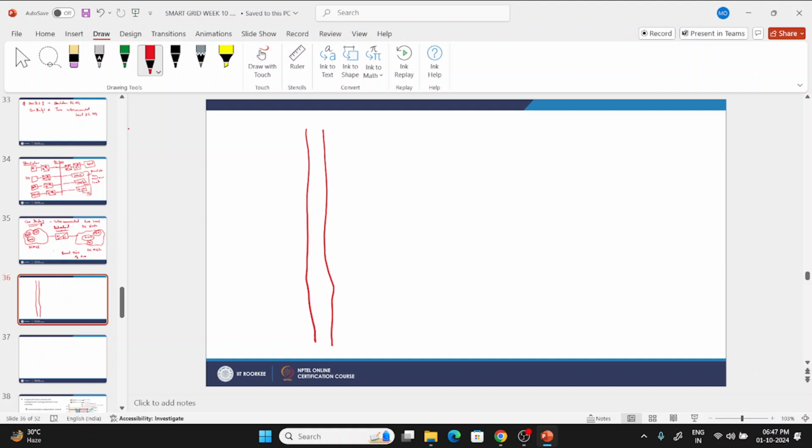So this is a DC bus of the first microgrid. Then there is a DC bus